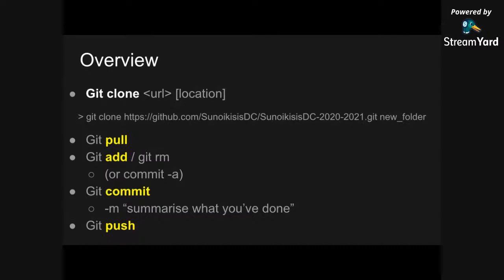Once you've added, so you've told Git which files you want to be pushed to the repository, you can then type git commit, which commits them to your local copy of the repository. They are now under version control. And in order to put something under version control, you have to leave a message with each commit. And so you need to use the flag -m to say what follows is a message, and then in inverted commas you say what it is you've done in this current change. So if I've just pushed a new version of the slides, I might just type git commit -m "new version of the slides", or maybe something more useful than that, but something like that.